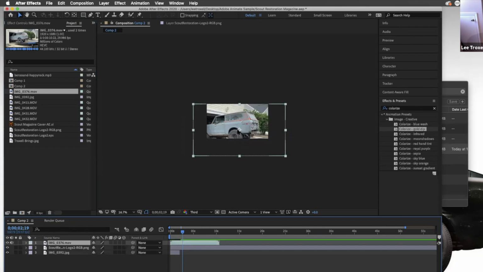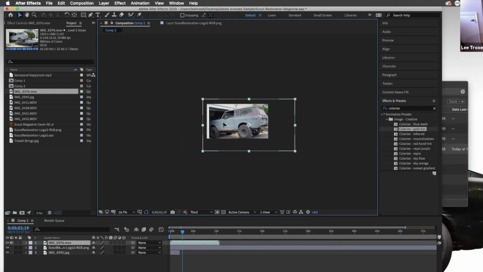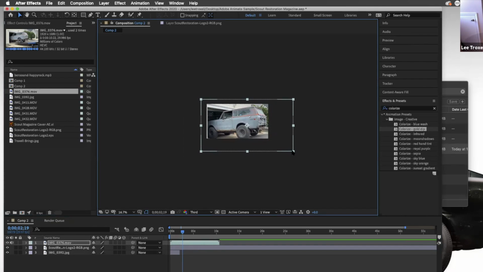my composition window, my stage. And the cool thing is I can keep it huge like this, or I can scale it down a little bit. And that's why if I'd made my document to be the size of my clips, if I tried to enlarge the clips, I'd lose resolution. But since I made the document actually smaller resolution wise than the clips, I can actually scale them down